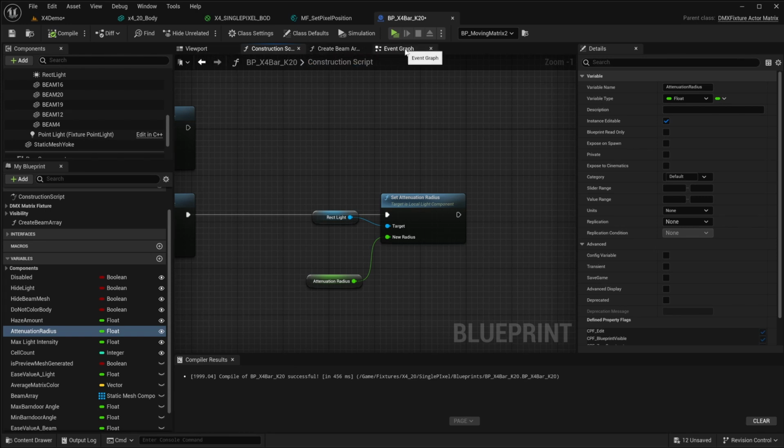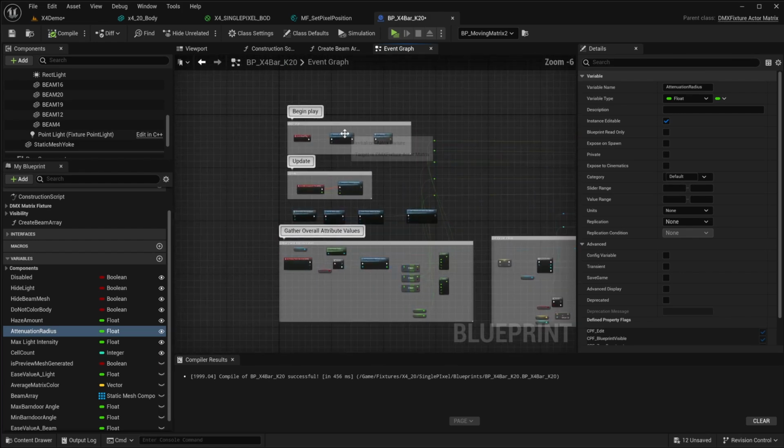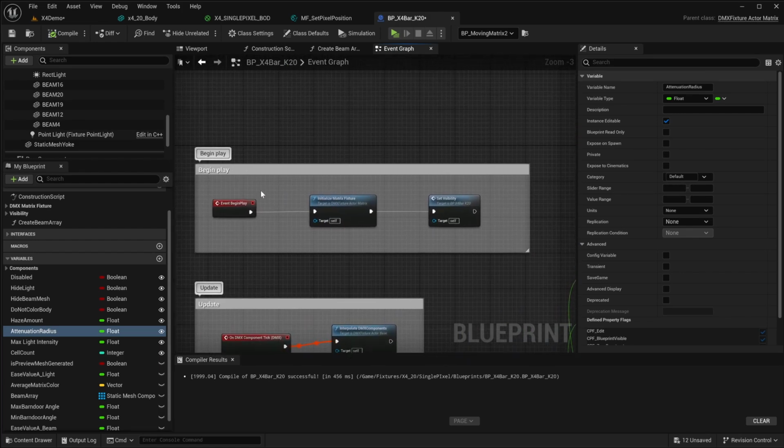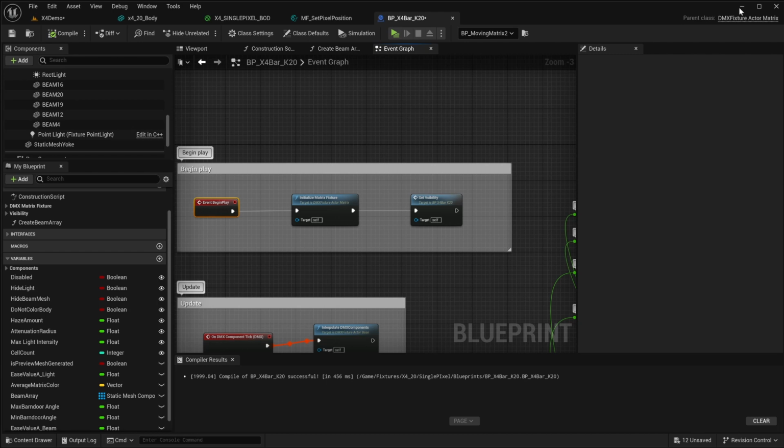If we go into our event graph, which fires off our DMX commands, let me give you a walkthrough of this. In some of the previous examples under event begin play, I had set fixture patch. It looked something like,